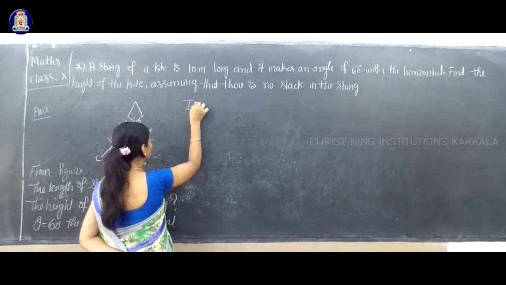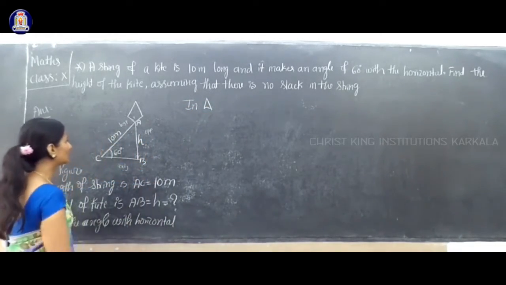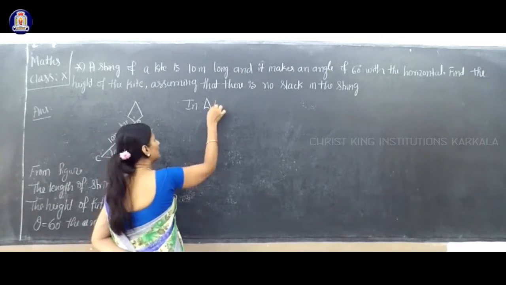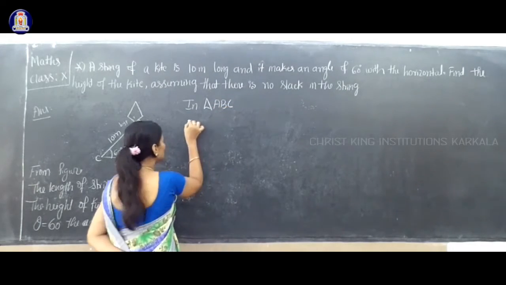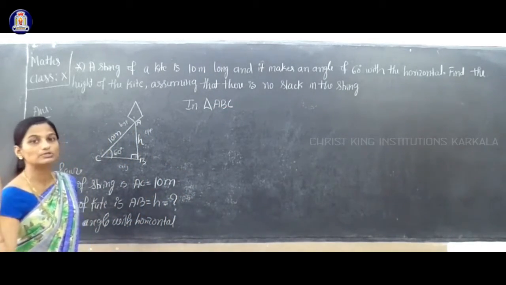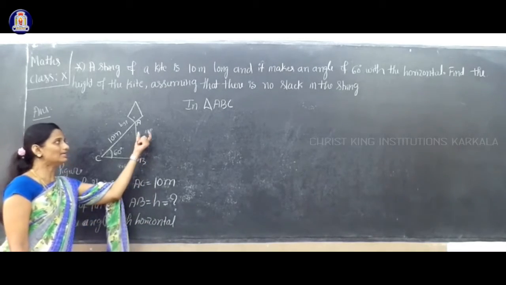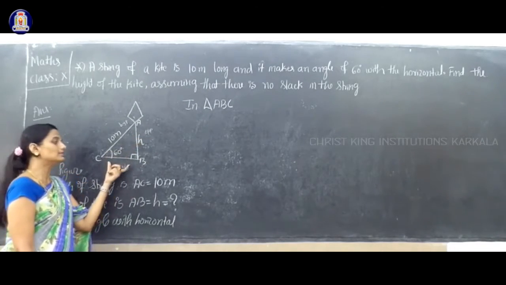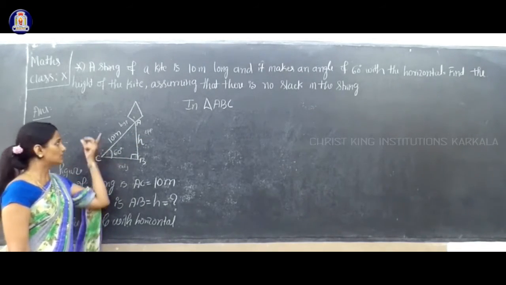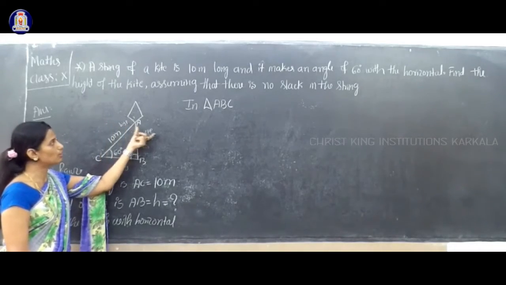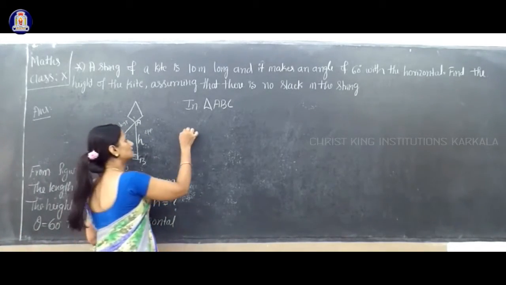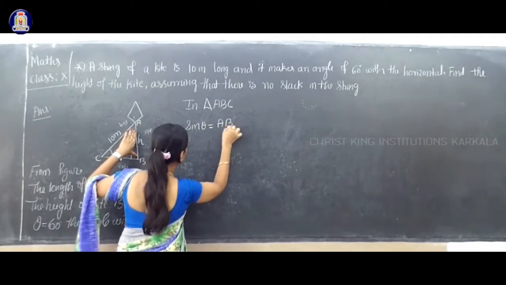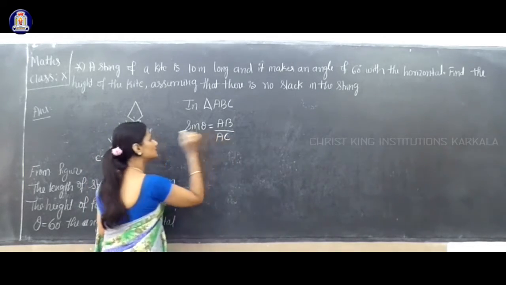Now in the right angle triangle ABC, this is the right angle. Which formula am I using? I am not using tan, because tan is opposite over adjacent side, and here the opposite side is unknown and the adjacent side is also unknown. Given is the hypotenuse side. So use opposite and hypotenuse, which means sin theta is equal to opposite side divided by hypotenuse side.